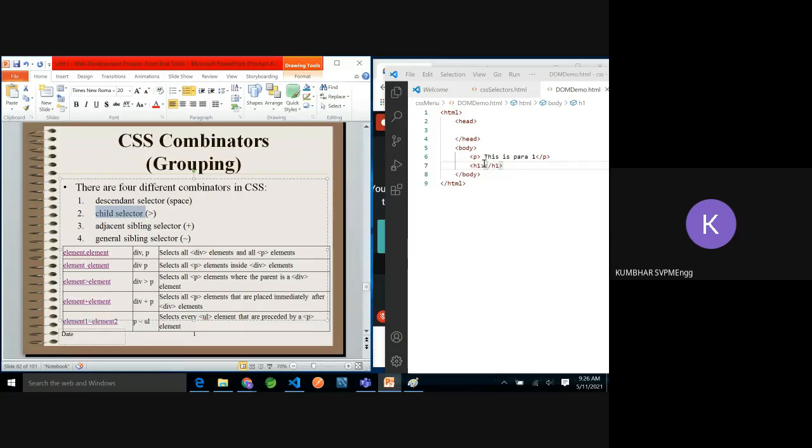So let's say in this paragraph there is one bold tag, which will display the contents in bold. And let's say outside the paragraph there is also one bold tag.